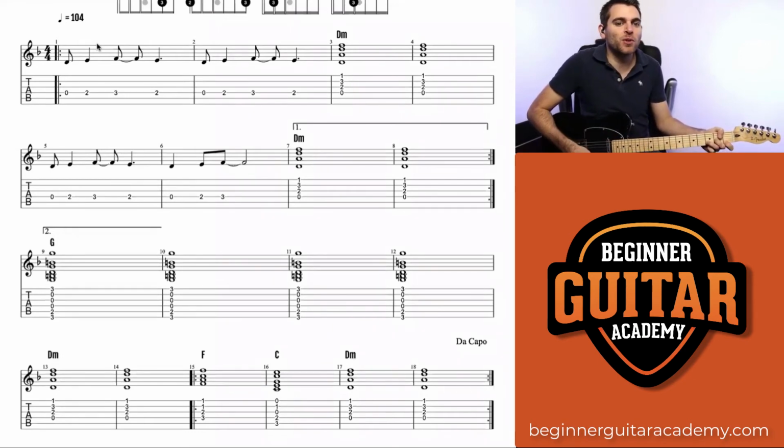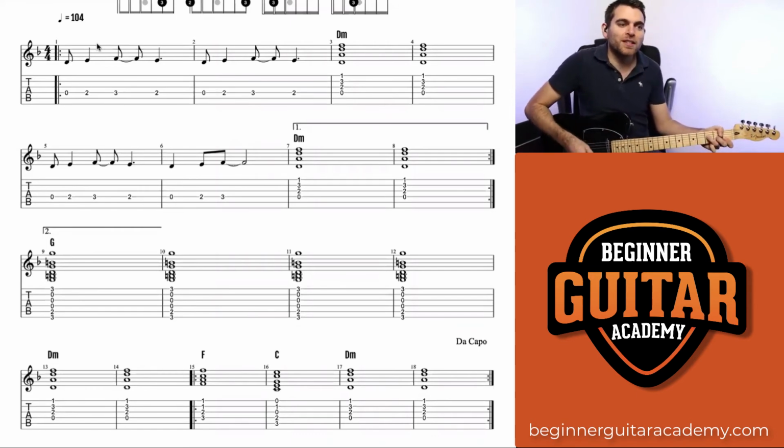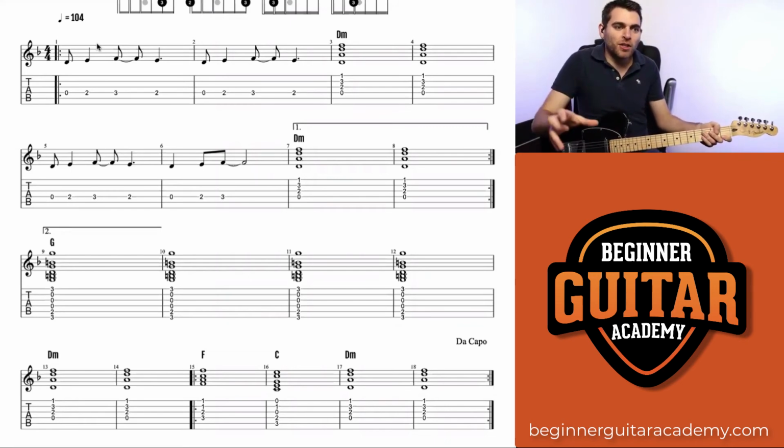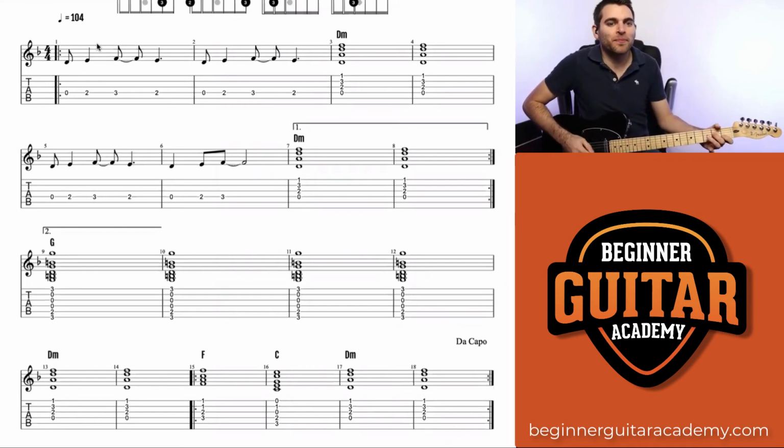F. 2, 3, 4. Oh no, it's just a D minor, 2 bars, 2, 3, 4, 1, back to F, here we go, then to the C, and then D minor, and then he leaves that D minor, does a quick strum, and then you've got your 2 bars, then back to the top. Back to the start again. Then second line,